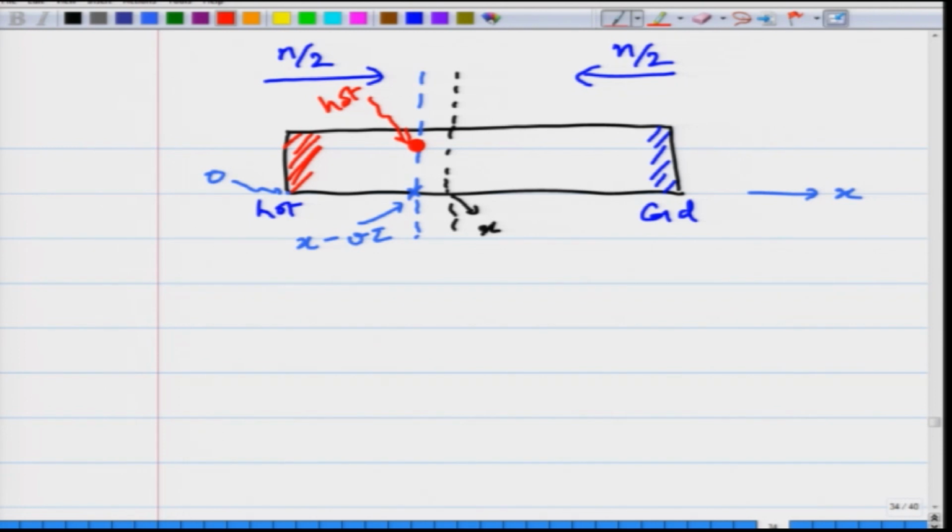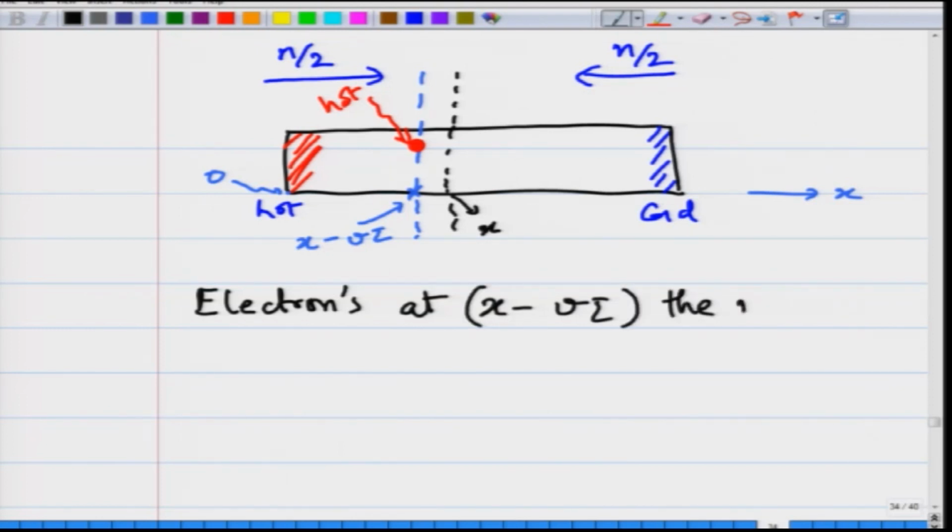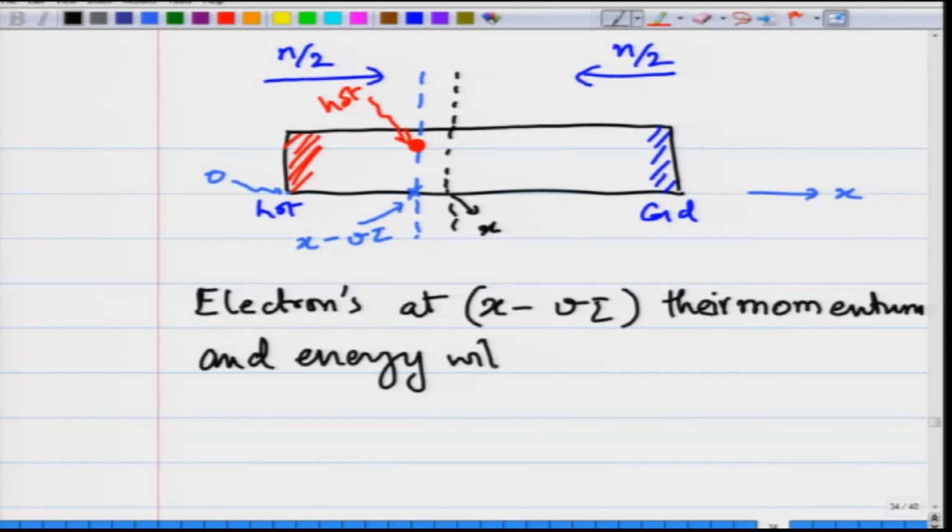We have considered this distance because the electrons at x minus v times tau, their momentum and energy will be carried over undisturbed